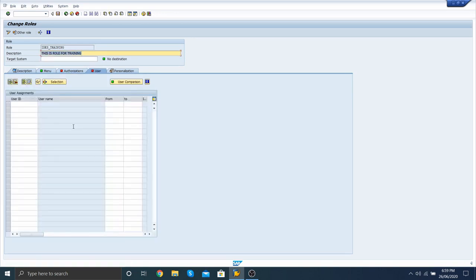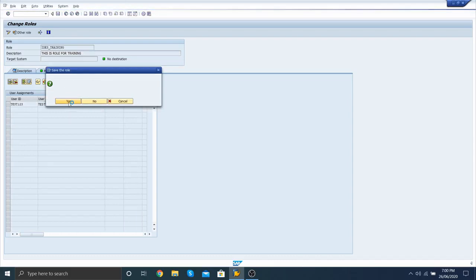The third tab is users. You can add users from here. Suppose test123, you can add from here. User comparison: if you have a long list and change multiple entries, you can click user comparison and compare completely from here.